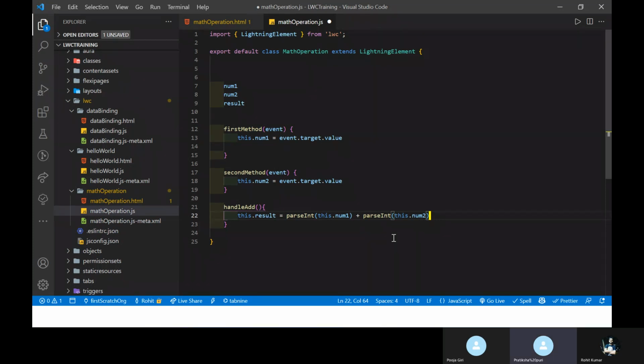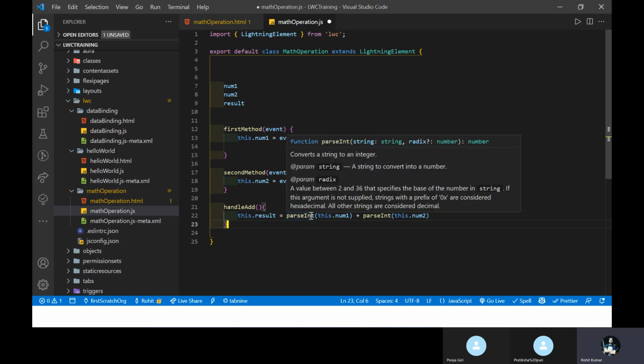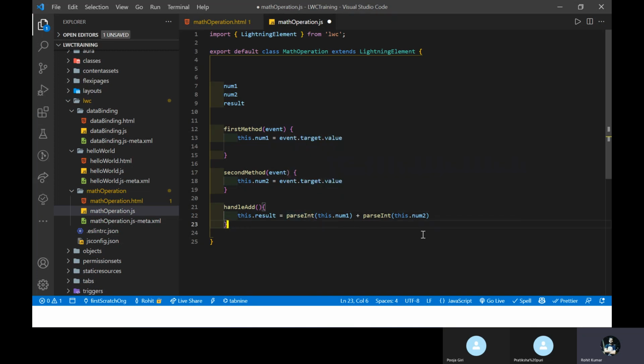No idea. Okay, typecasting is nothing but, if you want to convert one value to another value, always use typecasting. So in JavaScript, parseInt, I want to convert this string value into an integer, so always use parseInt. If I want to convert to a string, you can use parseString, something like that. There are so many methods.